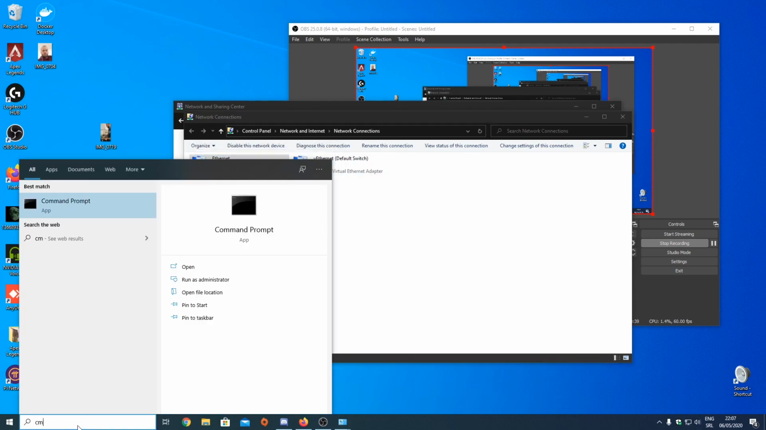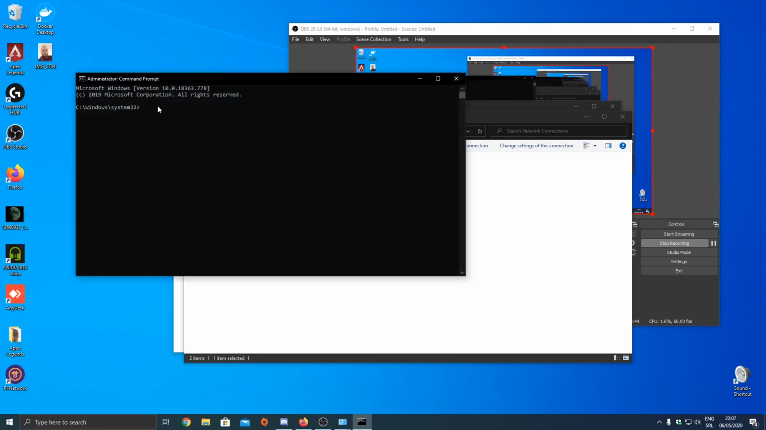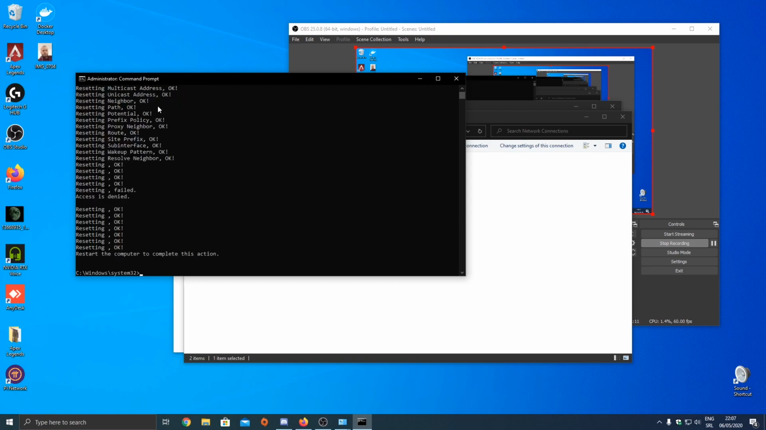Go to the CMD, right click, run as administrator. Here you write netsh int ip reset C:\resetlog.txt, press enter, then